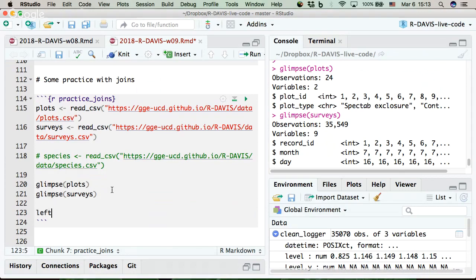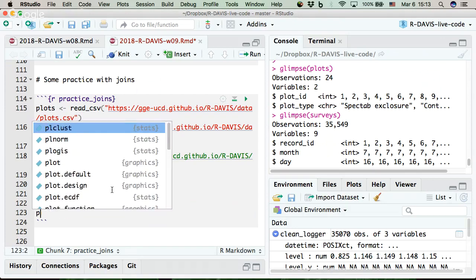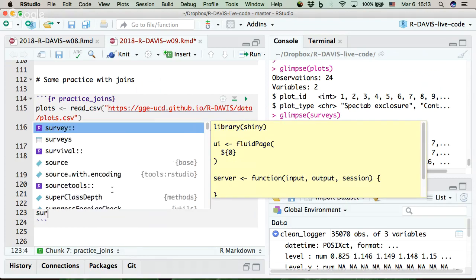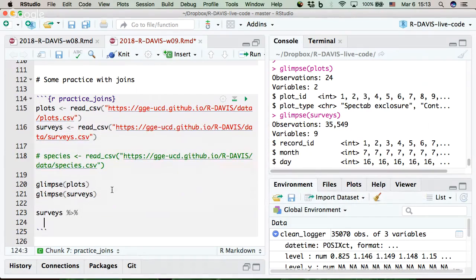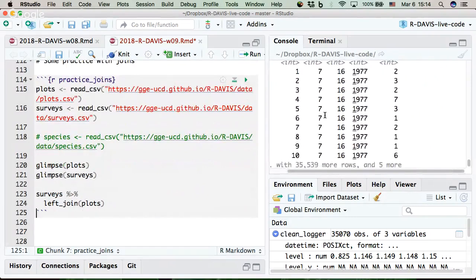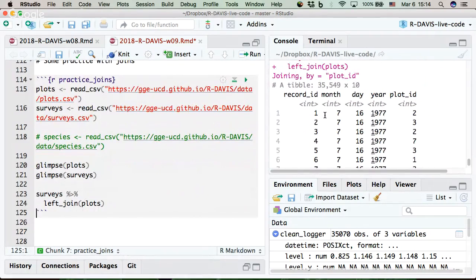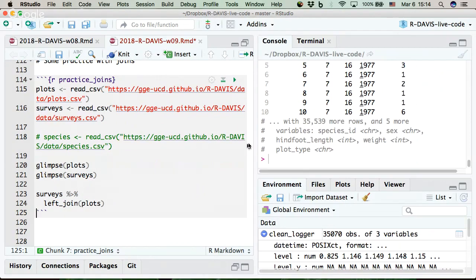And the syntax is join. Actually, let's use our pipe syntax. So let's take the surveys observations, and we're going to pipe it to a left join with the plots. And just like that, dplyr automatically goes and finds that common column, that plot_id, and it grabs all of the plot ID information from the plots data frame and appends it to our surveys data frame. So this is hard to see because we've